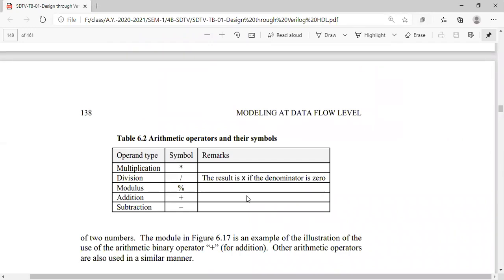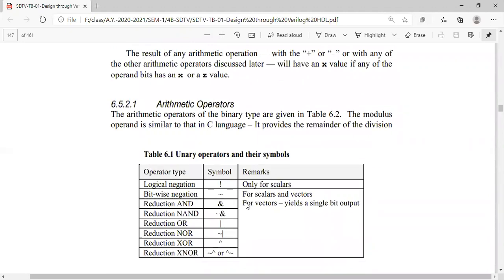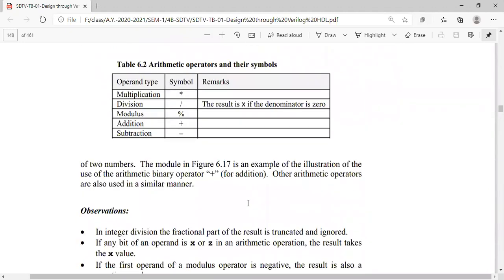So now you came to know the difference between the arithmetic operators, where you have to use them, and the meaning of each symbol. Addition, subtraction, everything is similar: bitwise addition, bitwise subtraction. For division and modulus, you have to know in detail what each one is. If you use this one, you will get the value of the remainder as the output. If you use this one, you will get the quotient as your output, right?